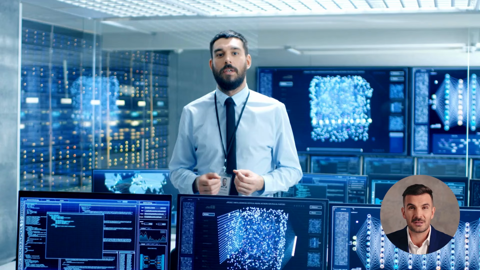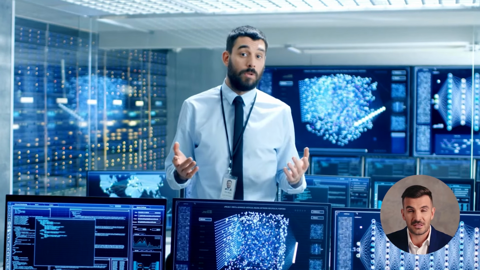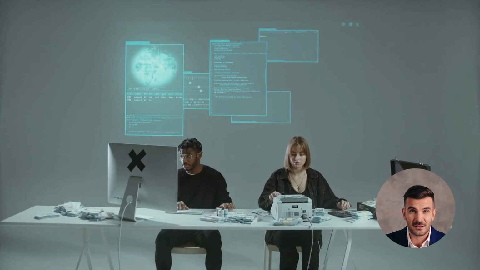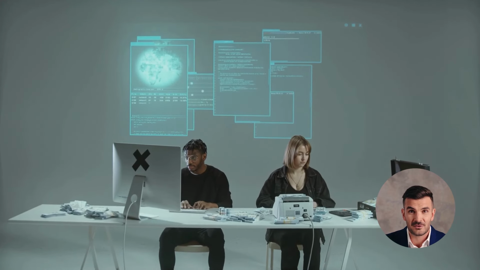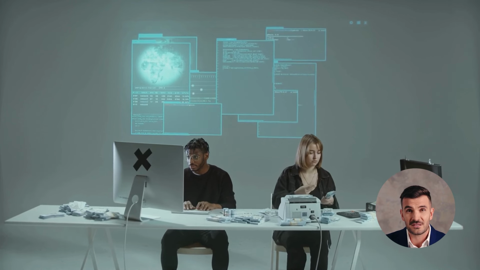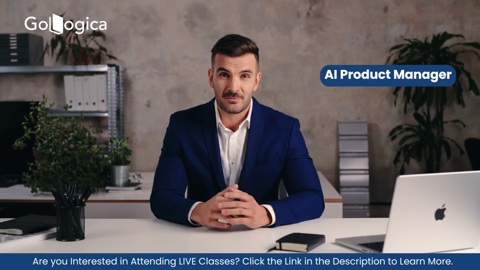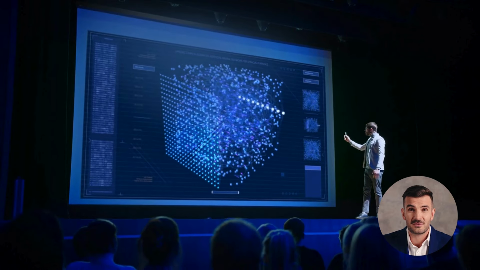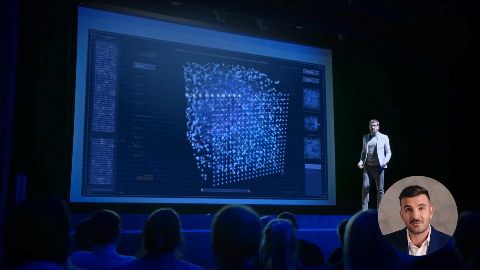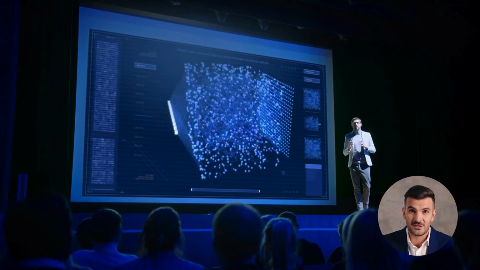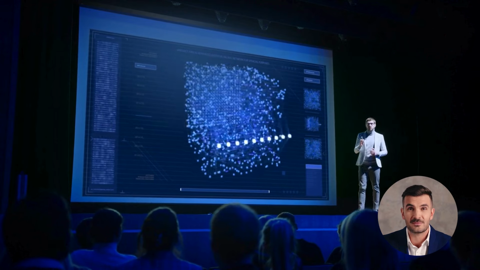Machine learning engineer: build and deploy scalable machine learning models that leverage deep learning architectures for various applications. AI solutions architect: design AI-powered systems and frameworks, integrating deep learning models to meet business requirements. AI product manager: oversee the development of AI products, collaborating with teams to incorporate deep learning technologies into product features.